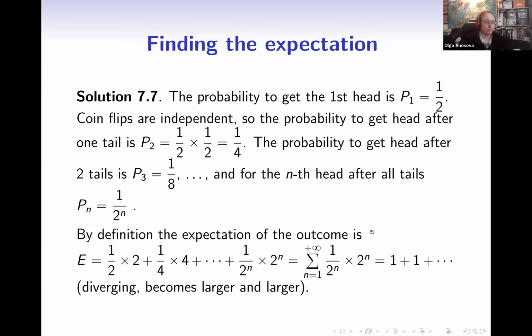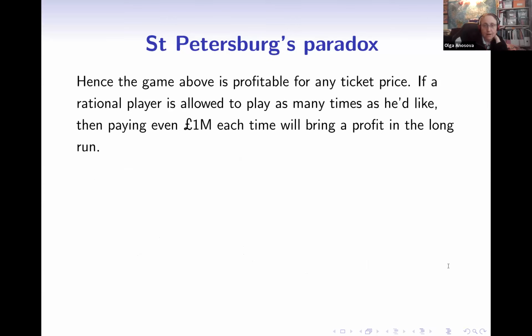Okay, so the expected value, as mentioned, will be a half multiplied by 2, a quarter multiplied by 4, and so on and so on, which will give us a larger and larger number. Potentially infinite if we are playing infinitely many times. And that's interesting, isn't it? Because that means that our expected win is potentially infinite, which should mean that this game is profitable for any price that we can pay to play it. But that's a strange answer, isn't it?